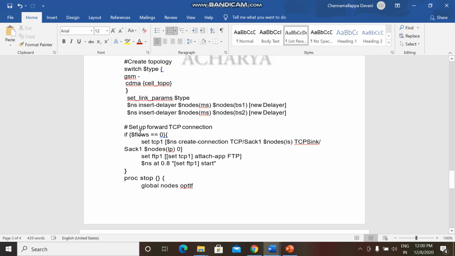So if dollar flow, which refers to the value, was set to 0, 0 is equal to 0, the condition becomes true, and we are creating a TCP object.